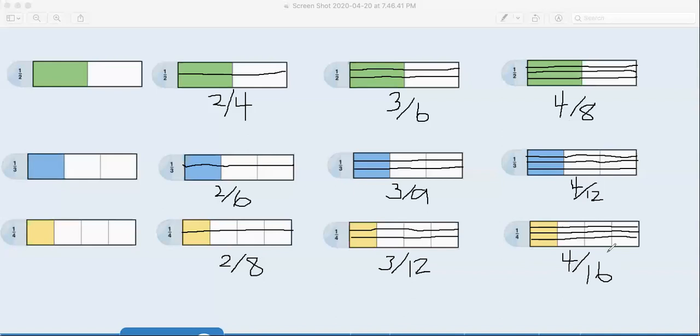So usually students get confused because they think, oh, fourths, they cut it into 4 pieces, but then that creates fifths. Or if you're working with thirds, they cut 3 times. But the real understanding is that if you want thirds, you only cut your shape twice